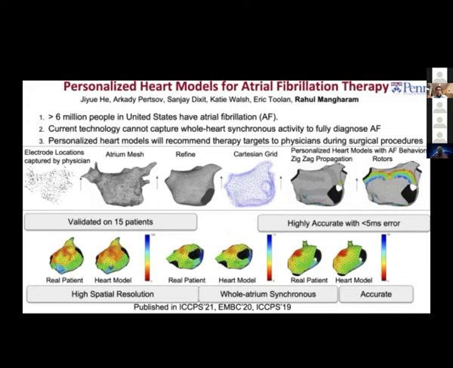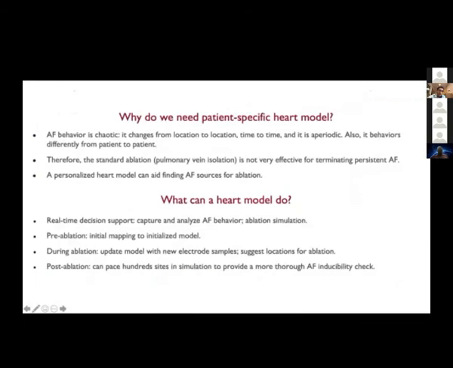It's a very difficult problem. We are not there by a long shot, but we are at least in the first stage where we can capture high spatial resolution and very time synchronous whole heart models to then run these kinds of simulations. A lot of the main questions that we are asking is how can we speed up the procedure, because now the physician does not have to have such cognitive overload to know where to ablate, and how can we then